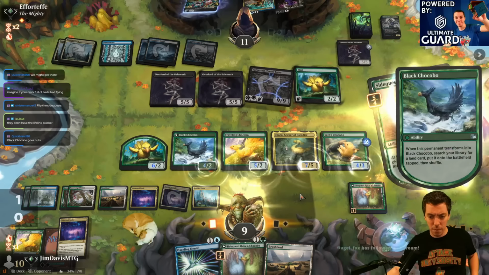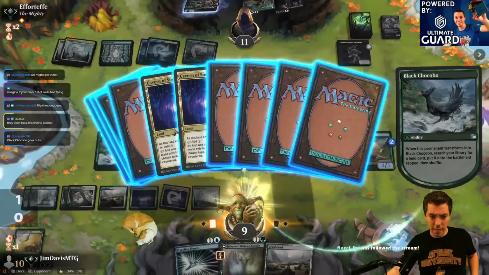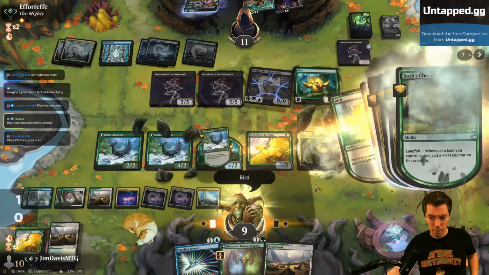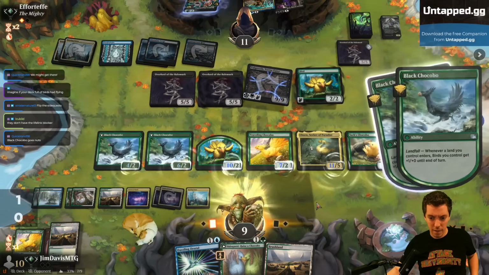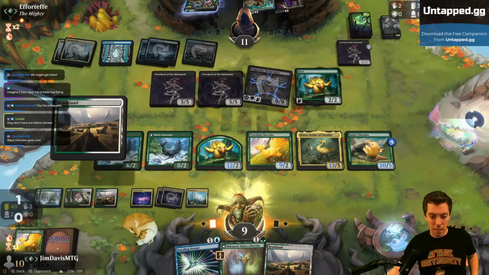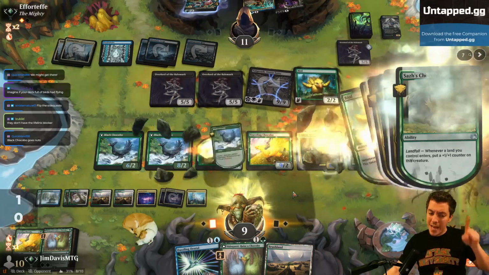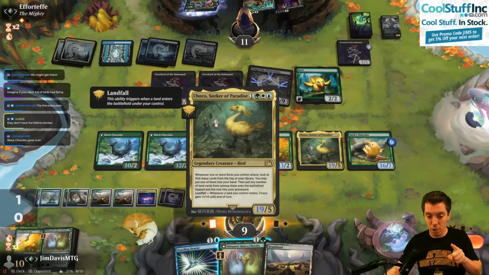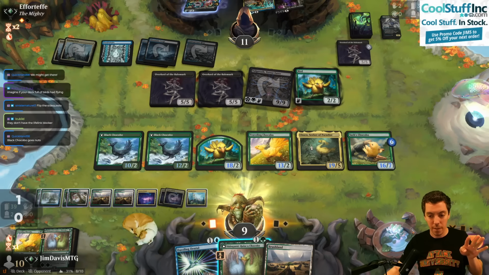You have a land on top, too. Lock Chocobo, get a land. Okay. Play a land on top. That actually might have been a mistake, because the land on top is a guaranteed trigger from the Choco. Whereas if I have 4 spells on top of my library, whatever. Just...